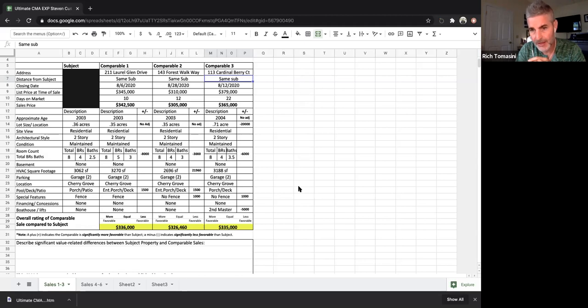They might be the same value. It just depends on how accurate the market's showing and how much data you have to research. So, you know, those adjustments is where all the time comes in. Now, I've been doing this for 15 years in this neighborhood, so I have kind of a cheat sheet in